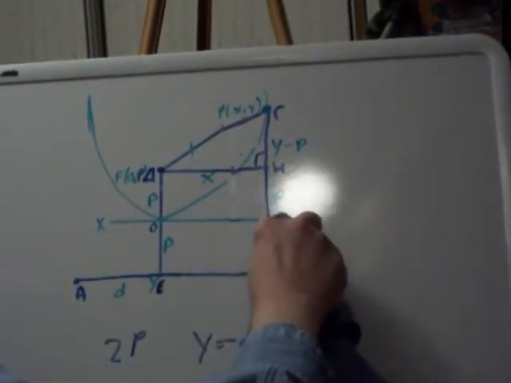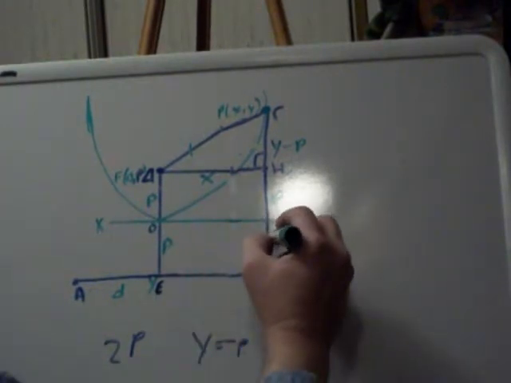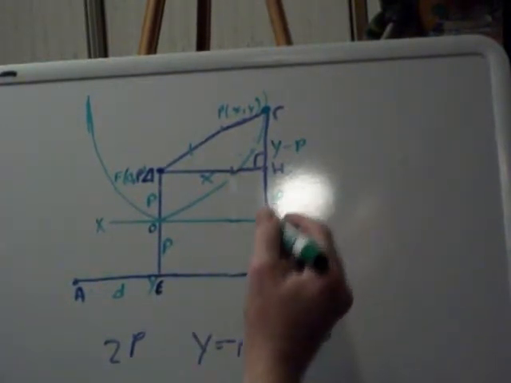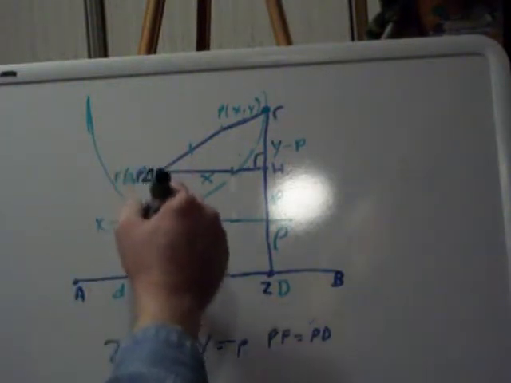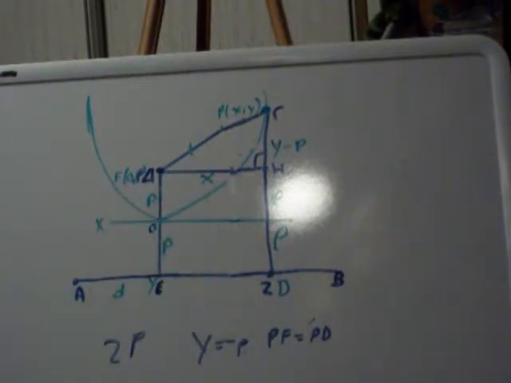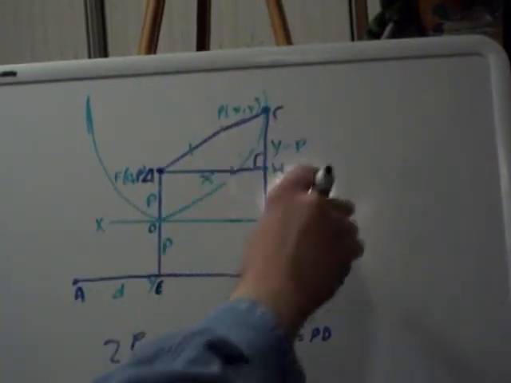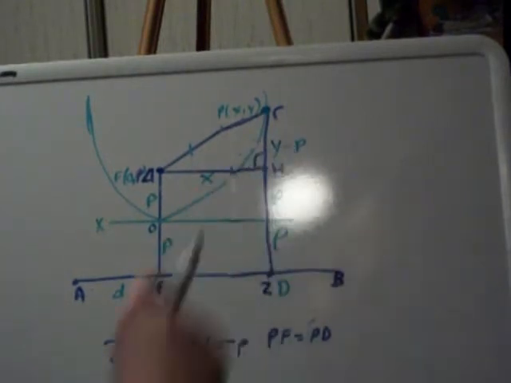This is not a capital P at all. This is a lowercase. Let's make it like that. And these distances are also lowercase p's here. This is a capital P. This is a lowercase p. Now P